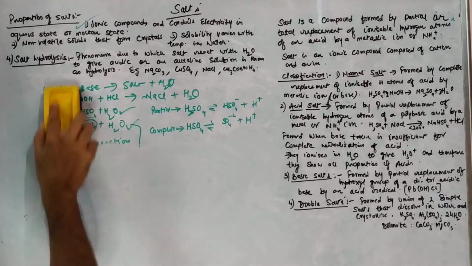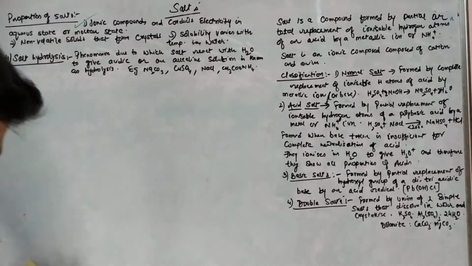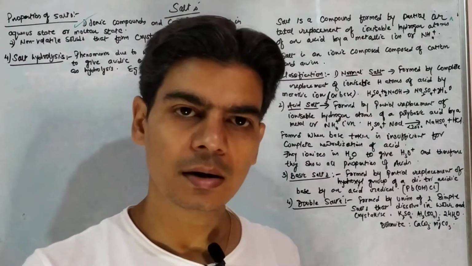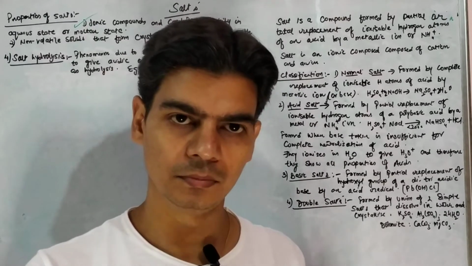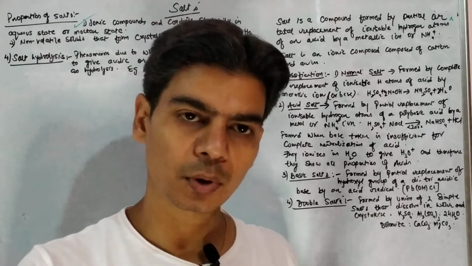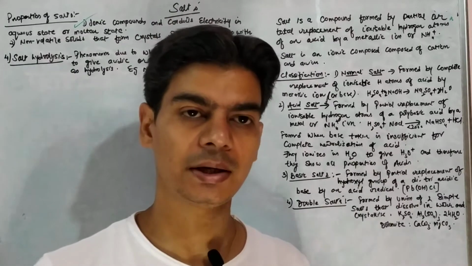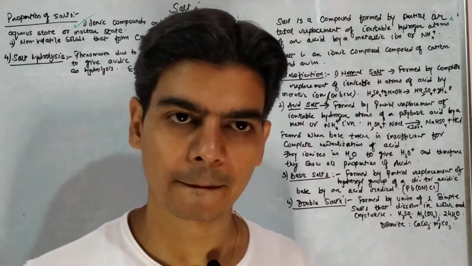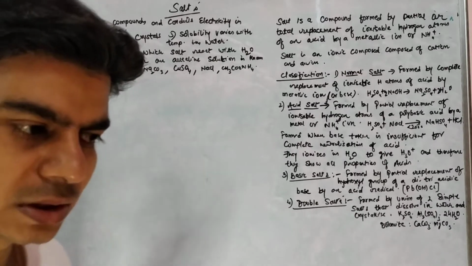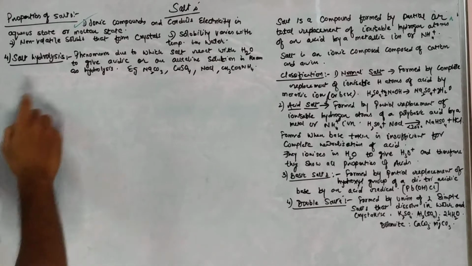Salt hydrolysis is this: when you dissolve any salt, we have discussed this. You take a salt, dissolve it in water, and water will separate the salt into a positive ion and a negative ion. Now these positive and negative ions will react with the positive hydrogen ions and negative hydroxyl ions of water. I'll repeat. In hydrolysis, hydro means water, lysis means breaking. Salt hydrolysis is water breaking salt.